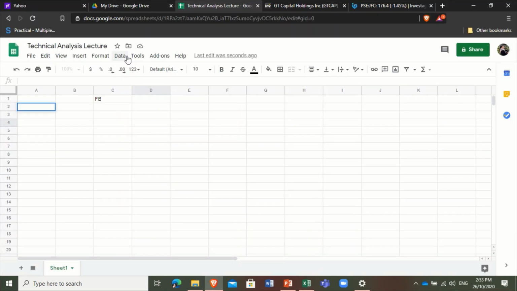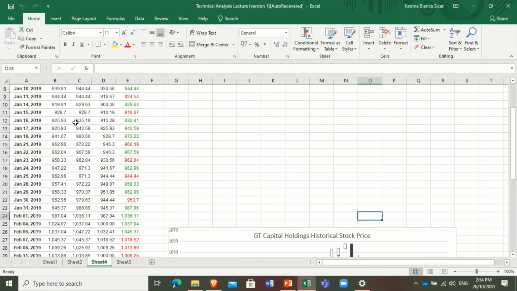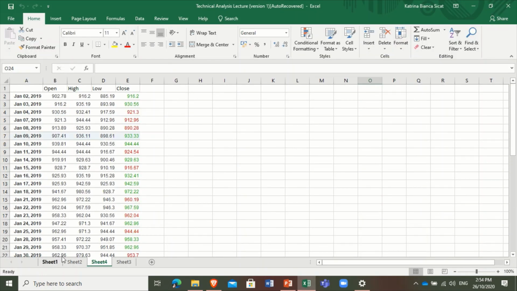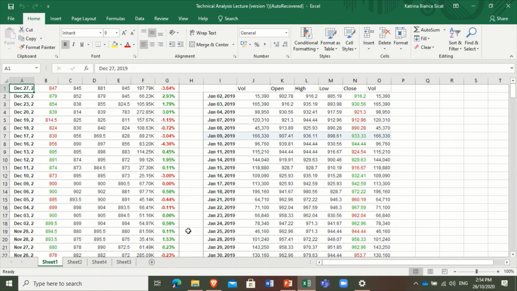Aside from the Microsoft Excel sheet, you could also use other websites online na kung saan pwede kayong mag-create ng candlestick chart presentation. But this one, I'm gonna show to you another way of doing a candlestick chart using the Google Sheet. So the difference is, unlike sa Microsoft Excel, no, you have to input your data right here. Kailangan mo pa siyang i-download.